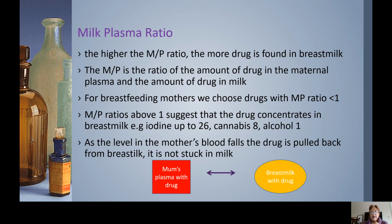toxicity to the baby. Alcohol, it's often known that the milk plasma ratio is 1. So the mum's level and the level in breast milk actually stabilize. But as the level in the mother's blood falls back, so the drug is pulled back out of breast milk. You may remember the science experiments at GCSE where you have a membrane and you put a high dose dye in one side and you watch it pass into equilibrium as it goes through the membrane. It's a two-way process. As the mum's plasma level drops, as the mum metabolizes, it comes back out of the